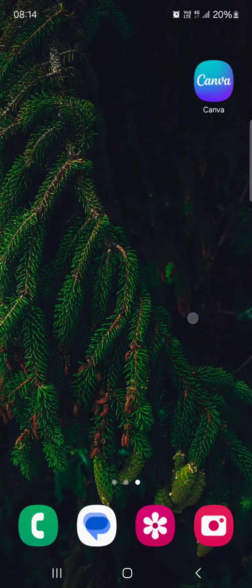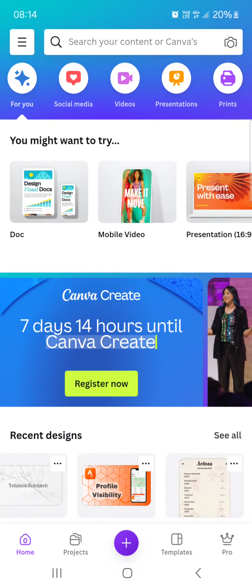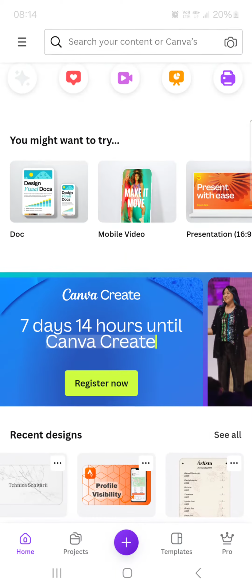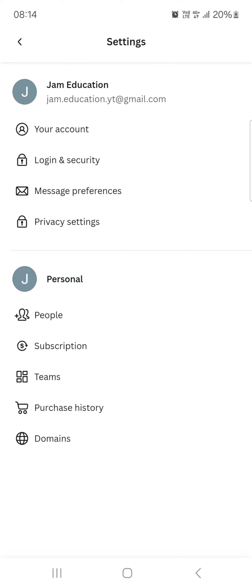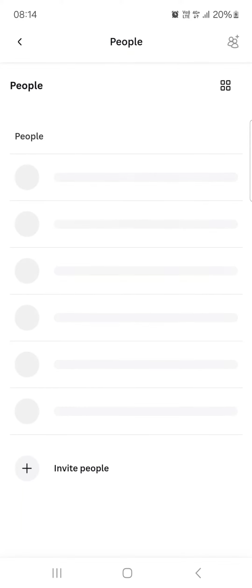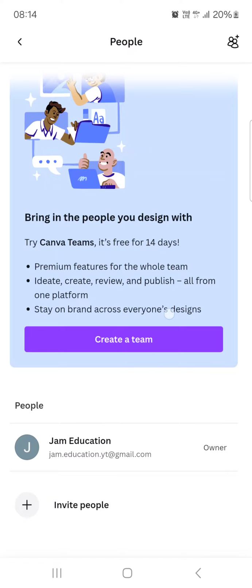So without further ado, let's just jump right into it. First you have to open up the Canva app. And here it opens up in the home menu where we have our projects. From here we have to go into the top left corner, then tap on settings. And here under personal we find the people. Tap on this, then we can create a team